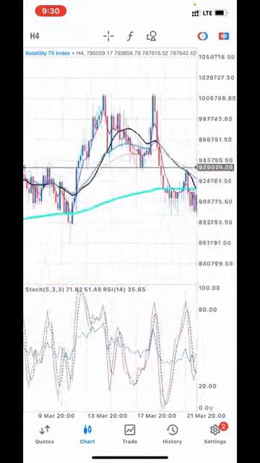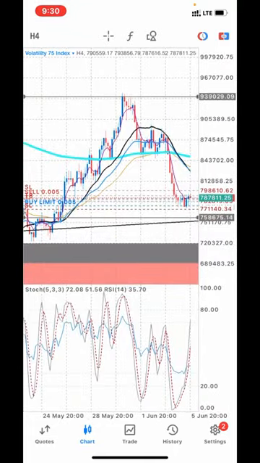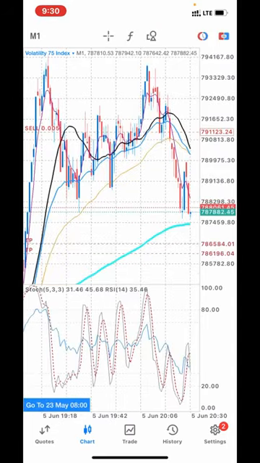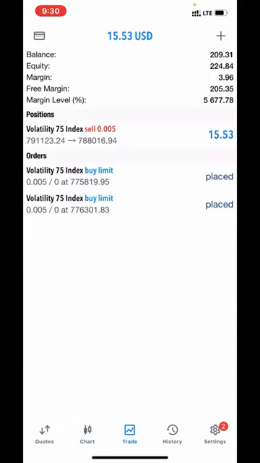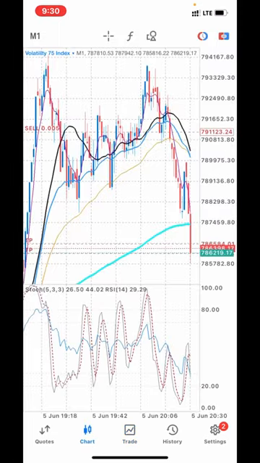So I've been taking out my time to go through the charts and I've noticed that it always goes in one direction for a very long period of time. So if it's selling, you can be selling and scalping, selling and scalping till it gets to probably a resistance point, a support point. Do you understand? Then once you start buying, it keeps buying and buying until it gets to a resistance point. So it has a direction that you can actually follow. That is what I've been seeing so far.